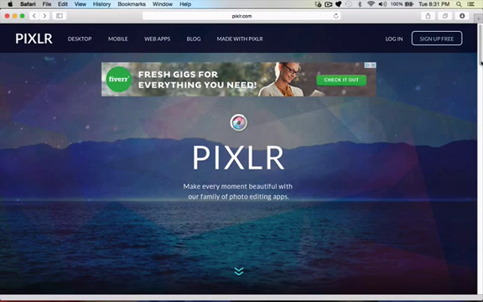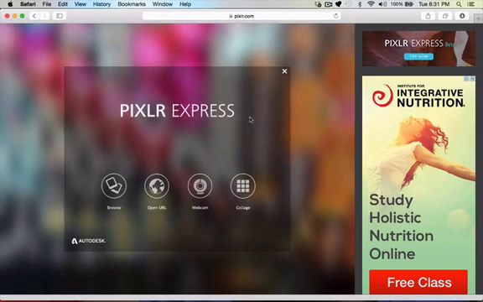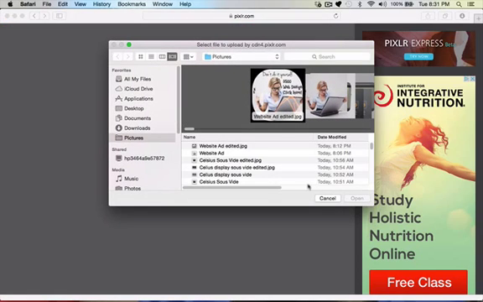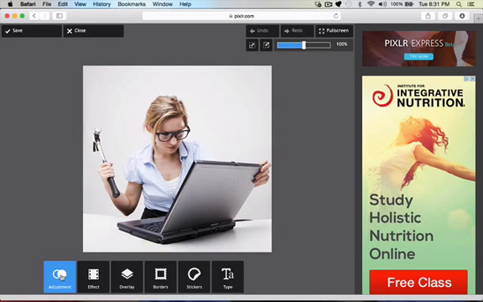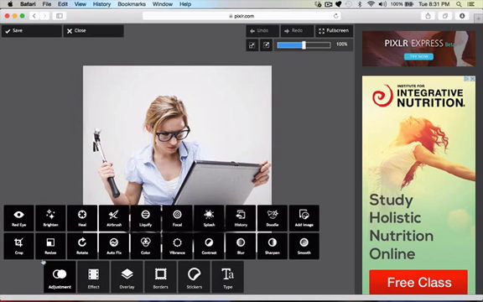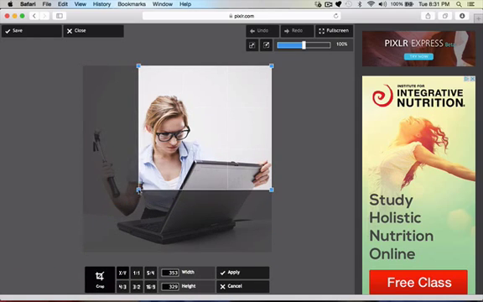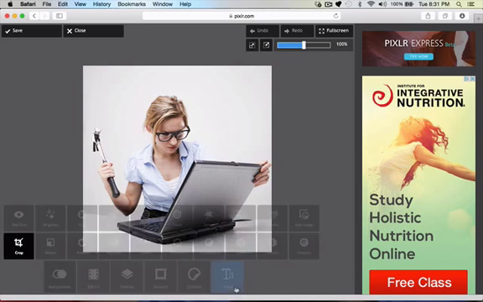So Pixlr is a free web application, and I scroll down and use Pixlr Express. It's pretty low tech, pretty easy to use, and I have to browse and find where I've saved my image, which is this one. And you can play around with what you want to do here. Everything from if you want to crop your image, you can do that pretty easily. Just move it around. Apply if you want to save it, or just cancel it if you don't like that